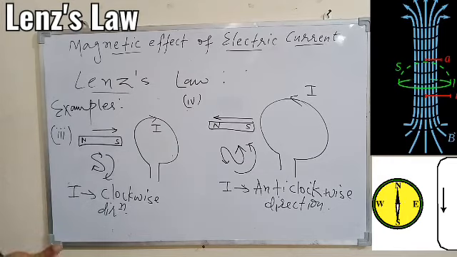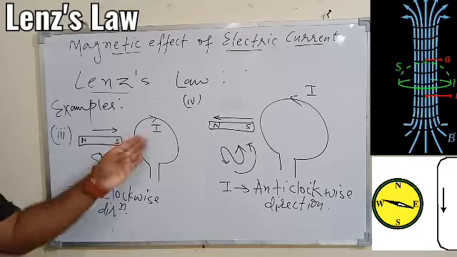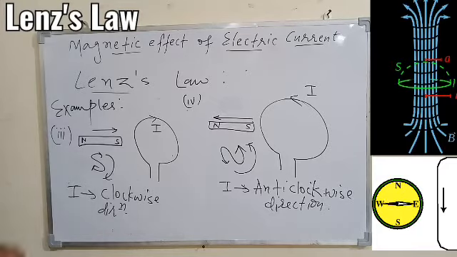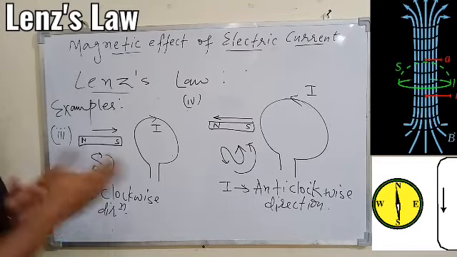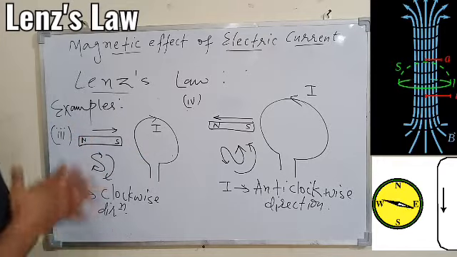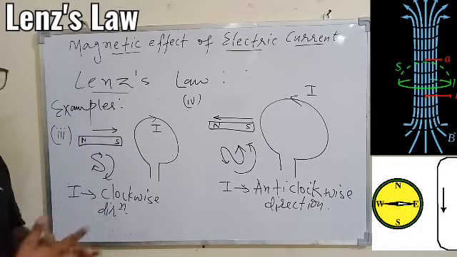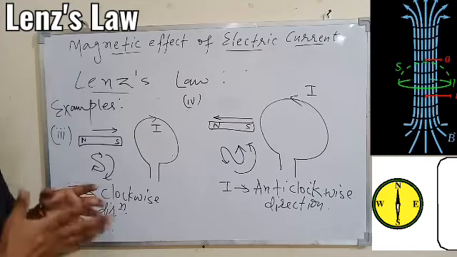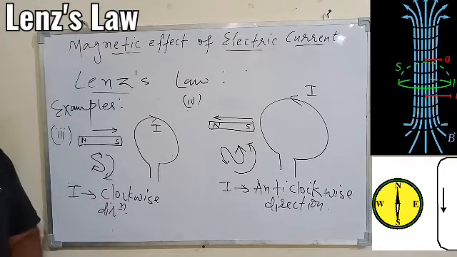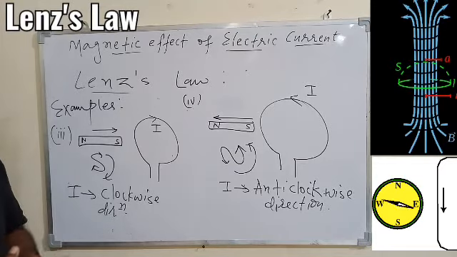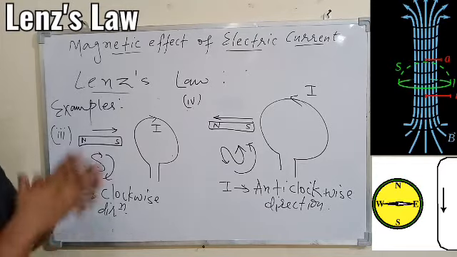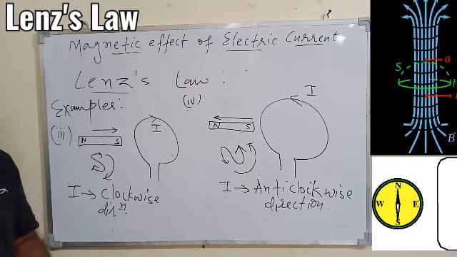So we have taken the example of the coil and a magnet. So if the magnet is producing the current in the coil, the coil will always try to oppose the motion of the magnet. And how can it oppose? We understood by making the north and south pole the front and the back face of the coil, and that is totally based on the clock rule. That's why I discussed the clock rule in the classes before the summer break, so that we can have understanding of the electromagnetic induction.